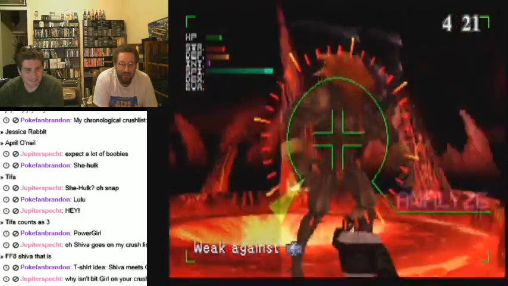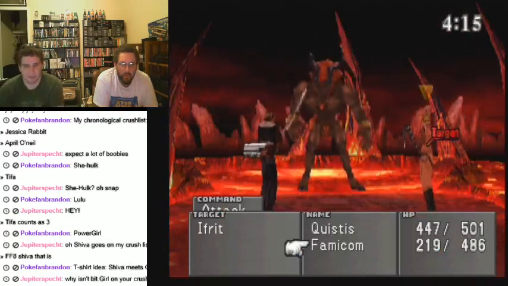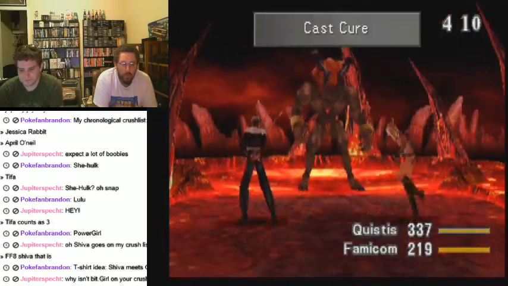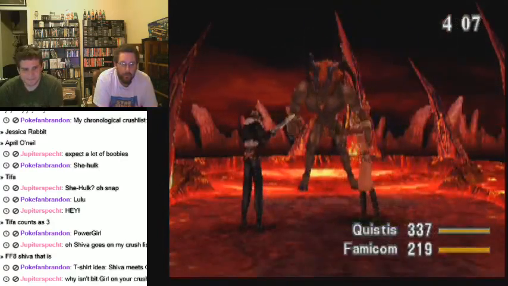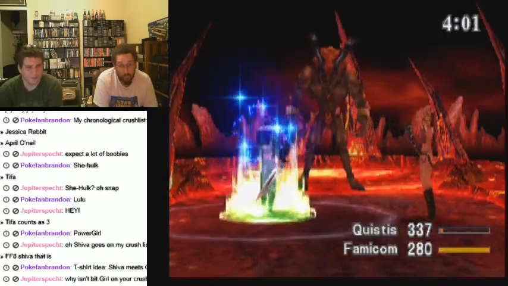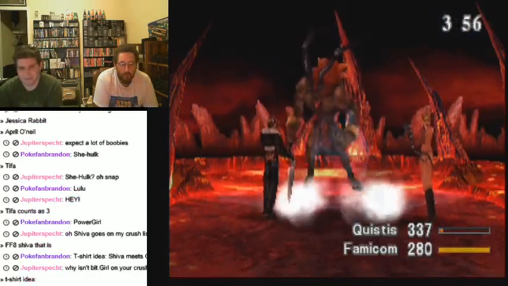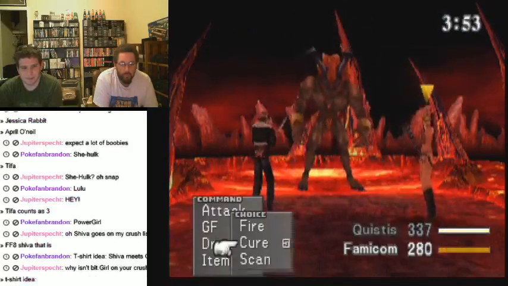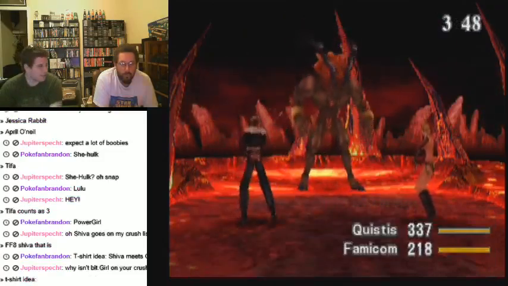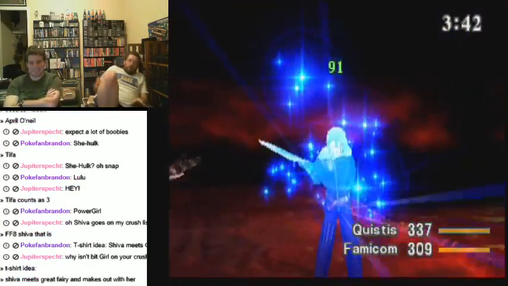What was his life? 242 or 262? Okay, so you can cast a couple more Blizzards and then bring him down to 51, good cure. She has no magic. Or spirit. No, her spirit's high. I forget what spirit does. I think it's magic resistance. I think you're right. So one more Blizzard, and then he should scan him one more time just to be sure, and then we play the draw game for 3.5 minutes until...